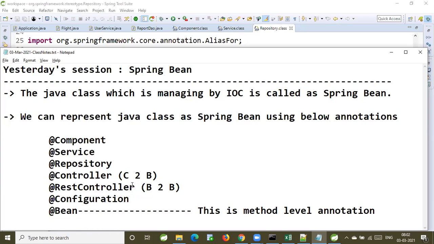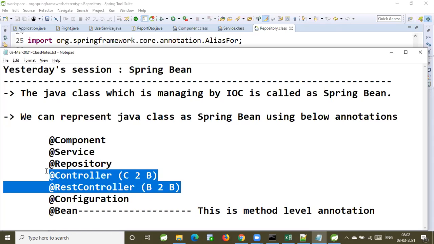Whereas REST controller: if one application wants to communicate with another application, then we are going to develop distributed applications. To represent our class as a distributed component, we are going to use the REST controller annotation. These two annotations also will represent our Java class as a Spring Bean.